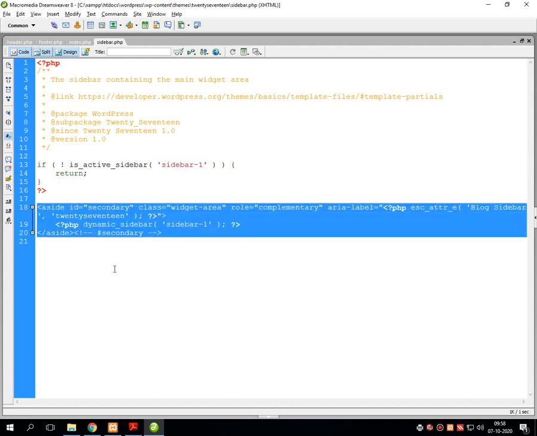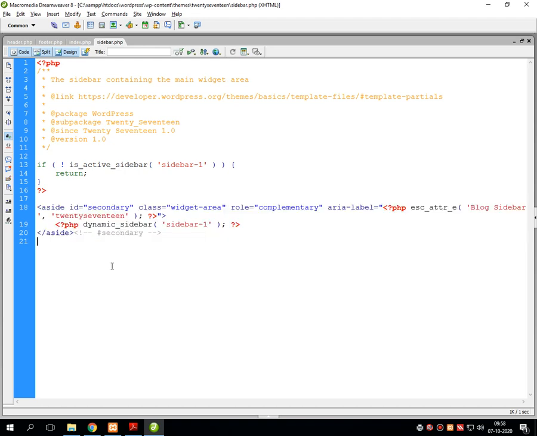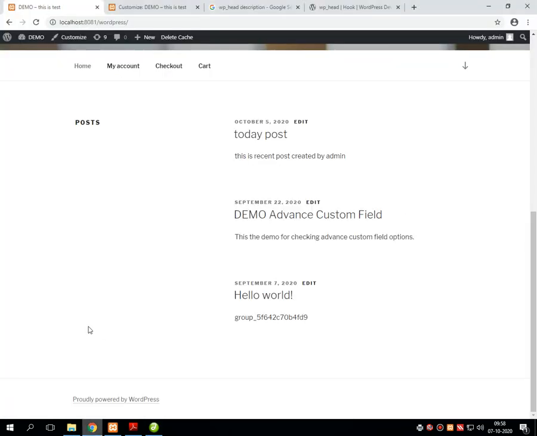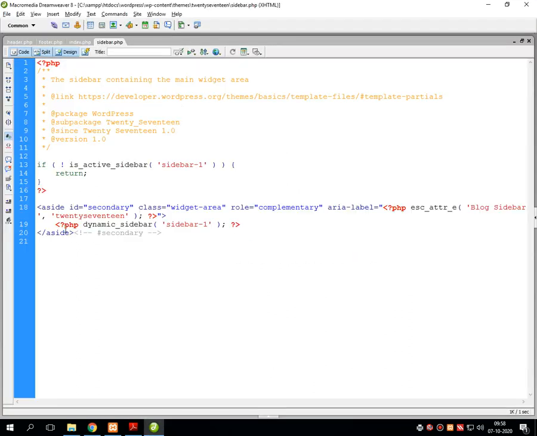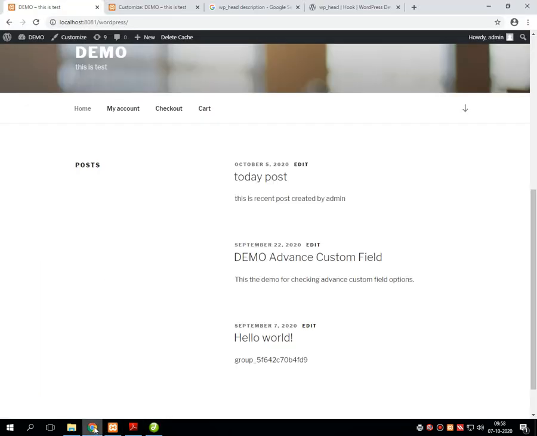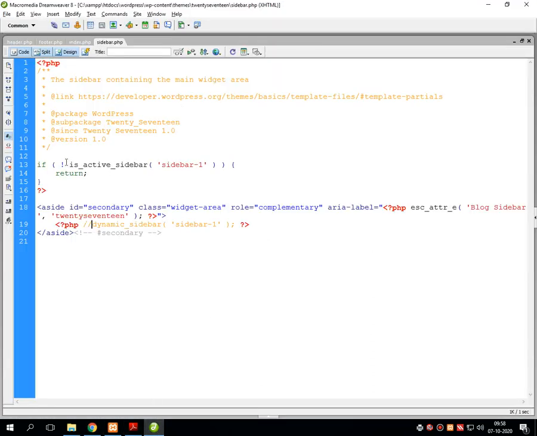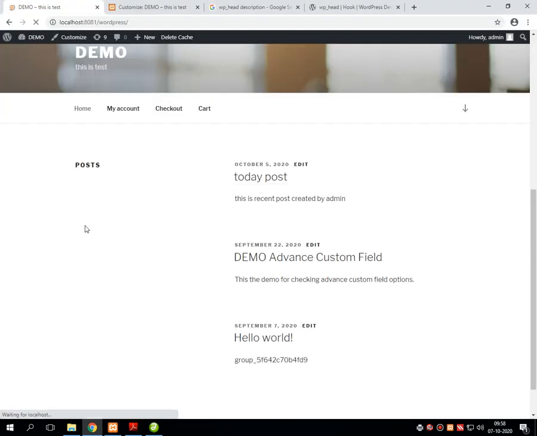Sidebar.php is open. There is only one single sidebar, and that sidebar is displayed dynamically onto the web page that we are displaying. This is the sidebar. What I am doing is keeping this in a comment and saving the program, refreshing the page, which should remove this part. Error.